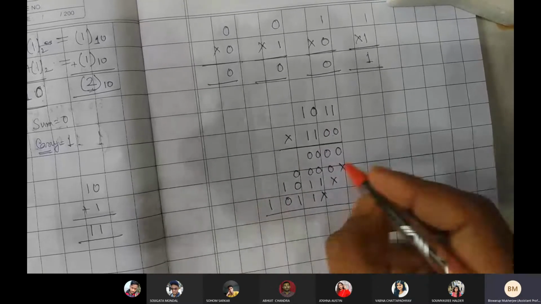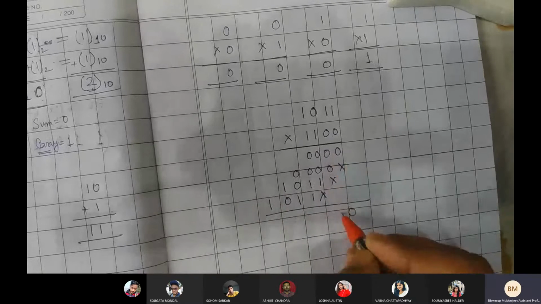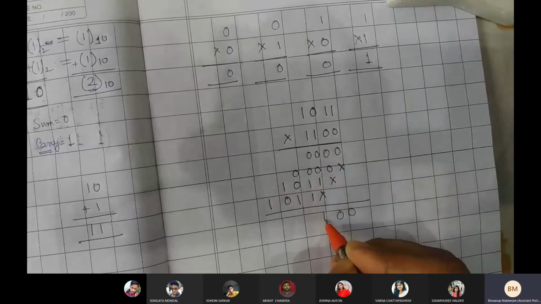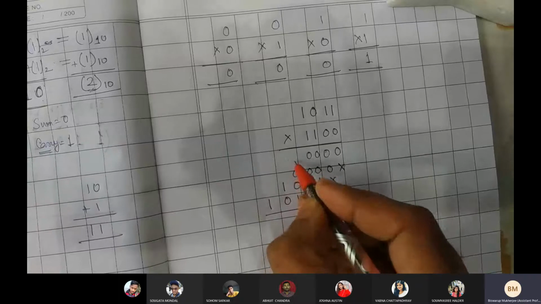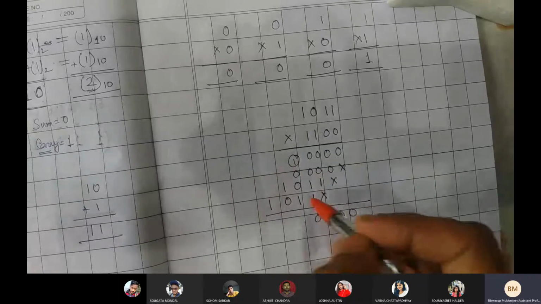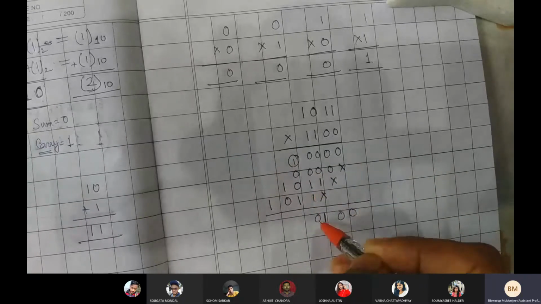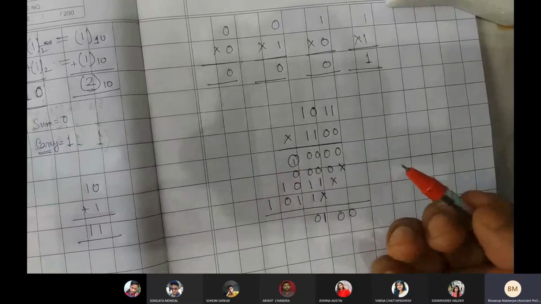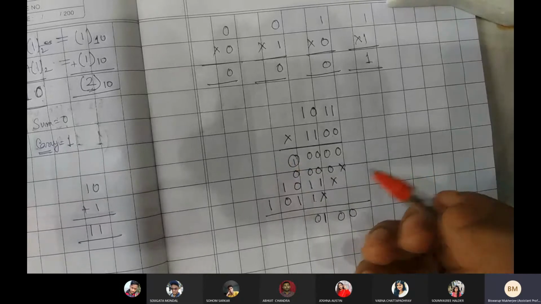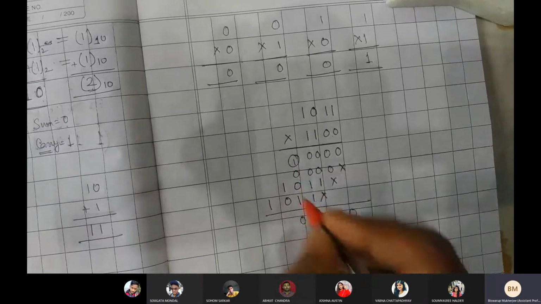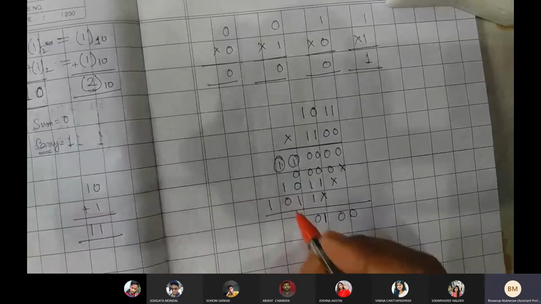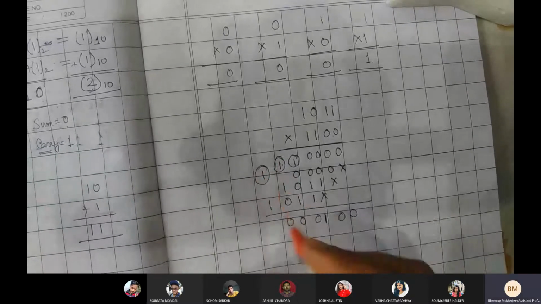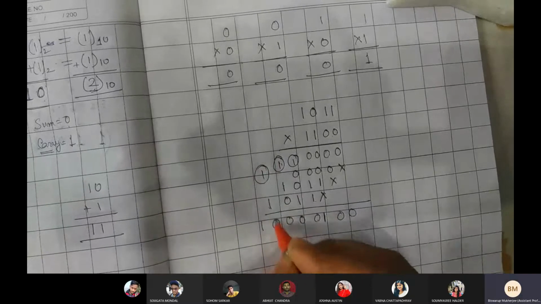What do you need to do? You need to just add now. 0, so it is 0, it is 1, it is 1 plus 1, 10. 10 means there one extra 1 will come, right? 1 plus 1 is 10, 10 is 0 and then one extra carry over 1 is there. Now it is 1 plus 1, again 10, carry over is there, 1 plus 1 is 10, carry over is there, 1 plus 1 is 10. So this is the answer.